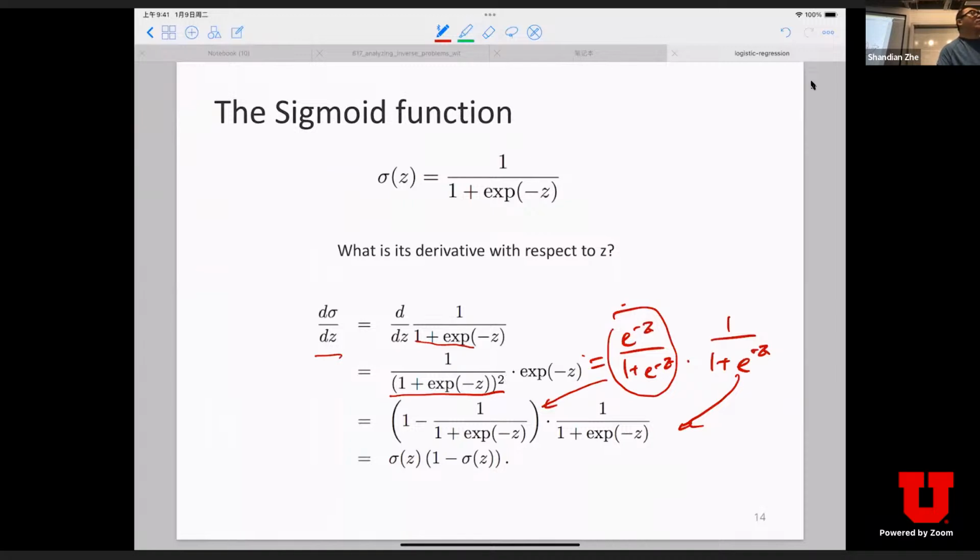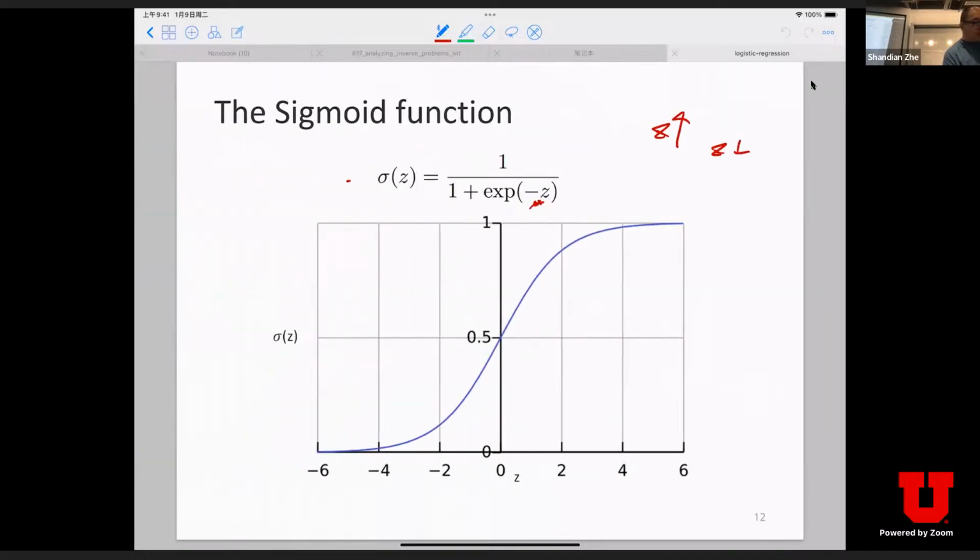That's a very, very useful trick when you implement a logistic regression classifier, or if you choose your neural network to use sigmoid activation. Also, because the sigmoid function is always non-negative and less than 1, sigmoid times 1 minus sigmoid will be non-negative, right? So what does it mean? Yeah, now it matches the shape we have seen. It's a monotonically increasing function. Why? Because the derivative is always non-negative.